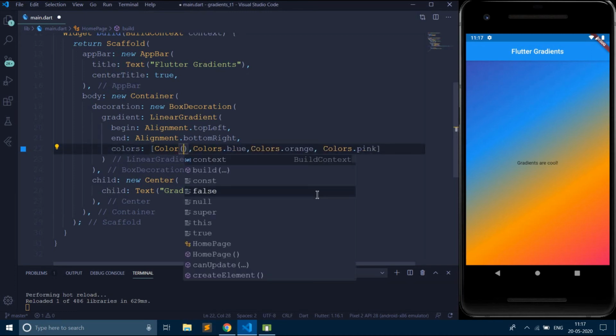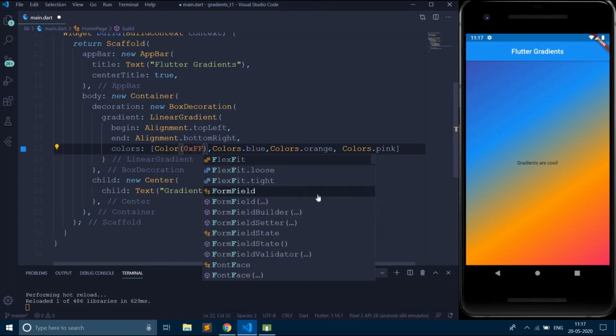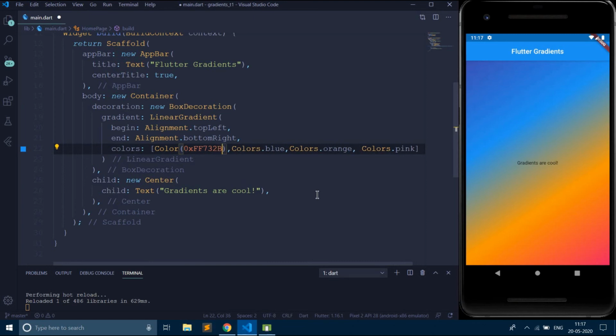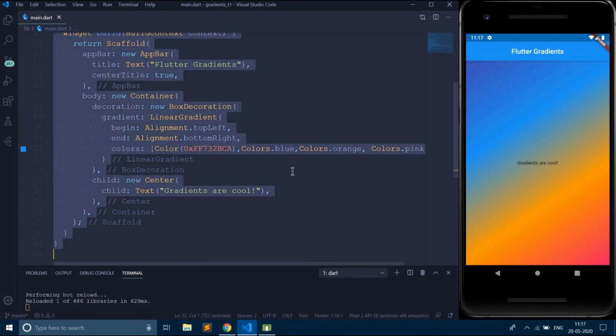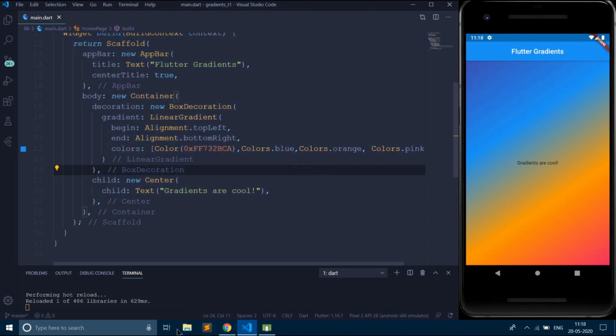Say 0xFF, and you can write your 6-digit color code over here, say 732. As you can see, I've got the purple color since this code is for the purple. So let's just keep it as indigo.